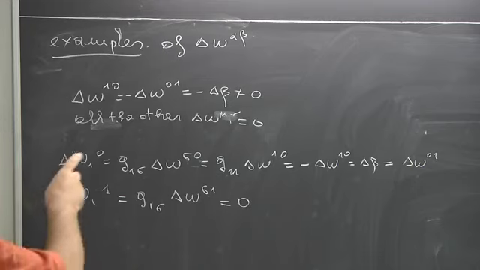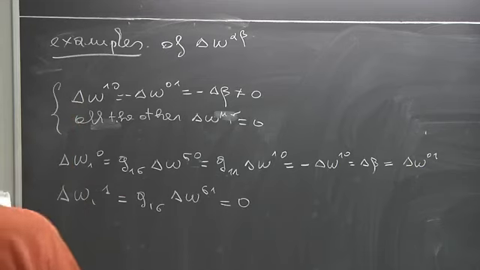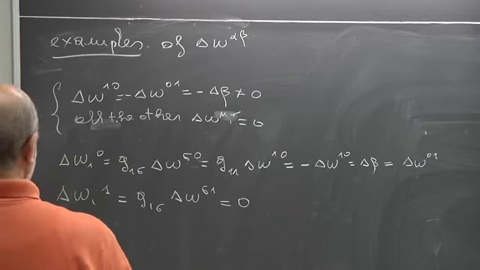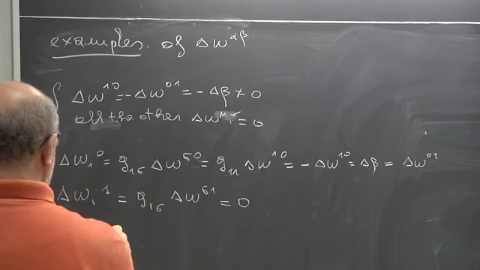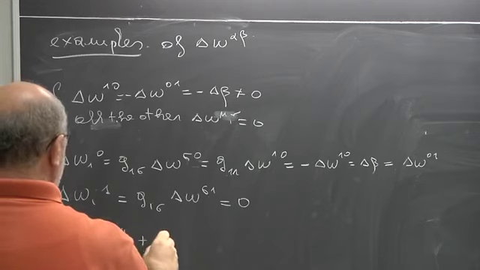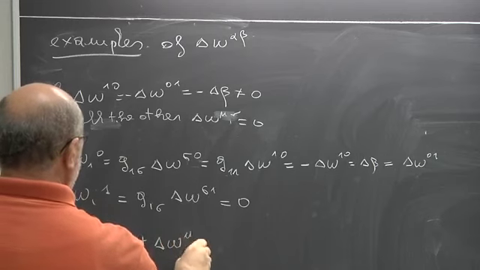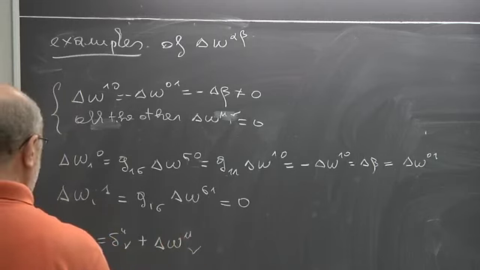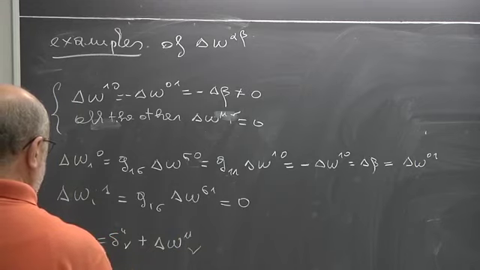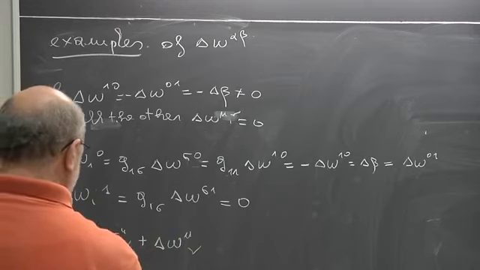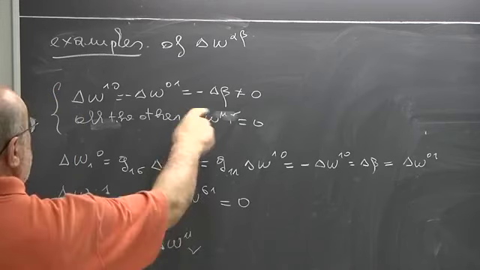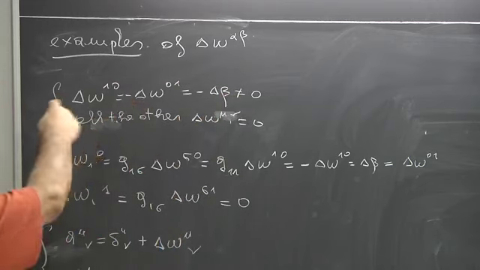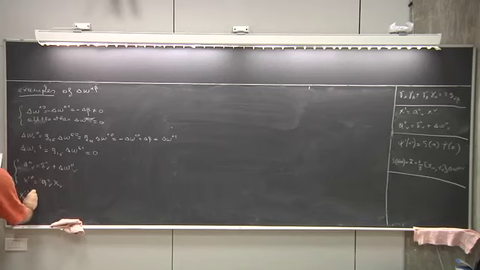Now that we have this, let's do the transformation. Remember that A mu nu is equal to delta mu nu plus delta omega mu nu, and x prime mu is equal to A mu nu x nu. So let's put in this expression and see what we get. With this choice, where all the others are 0 except this element, we get x prime nu equal delta nu